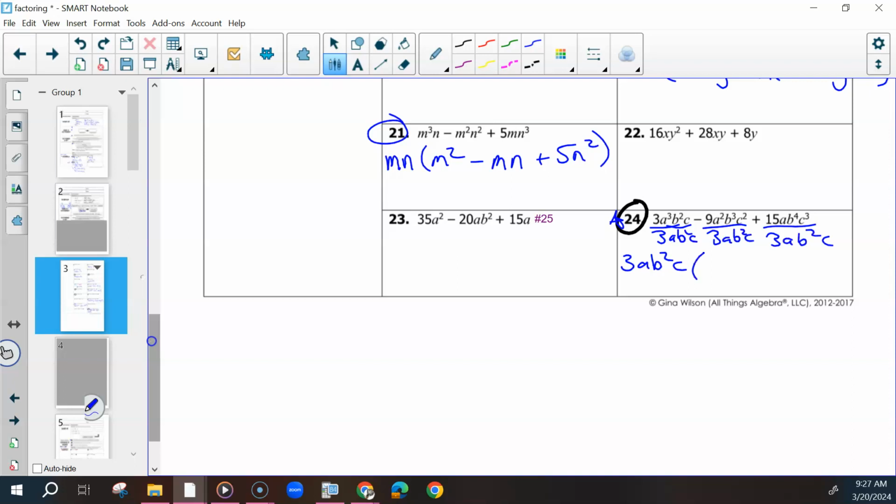I'm just rewriting it like this, so you take it one step at a time, look at all the numbers, subtract all the exponents. 3a cubed b squared c divided by 3ab squared c would be